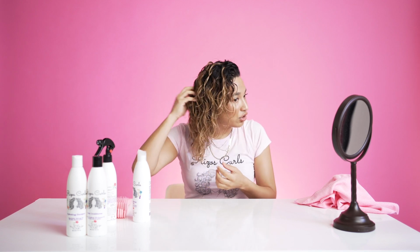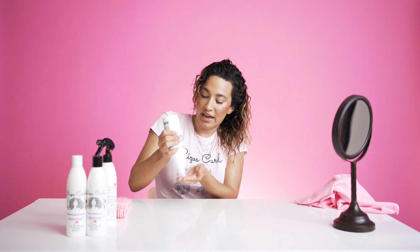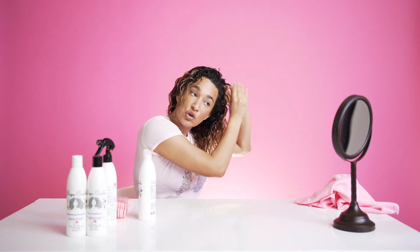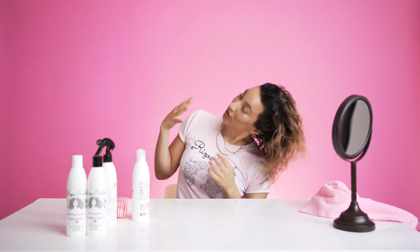So at this moment, you're analyzing your hair and seeing if there are any areas that you think need to be finger coiled. You will see once you dry it, it literally dries in a little ringlet. Okay, now that you've finished applying the product, analyzing it, and finger coiling it, it's time to blow dry with a